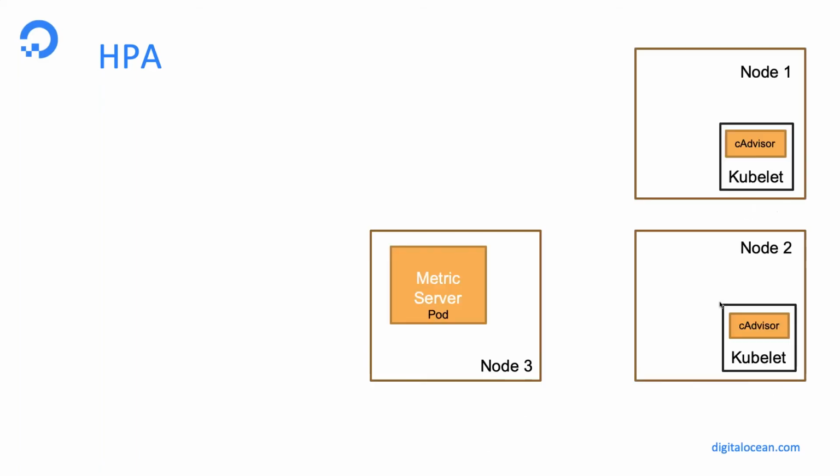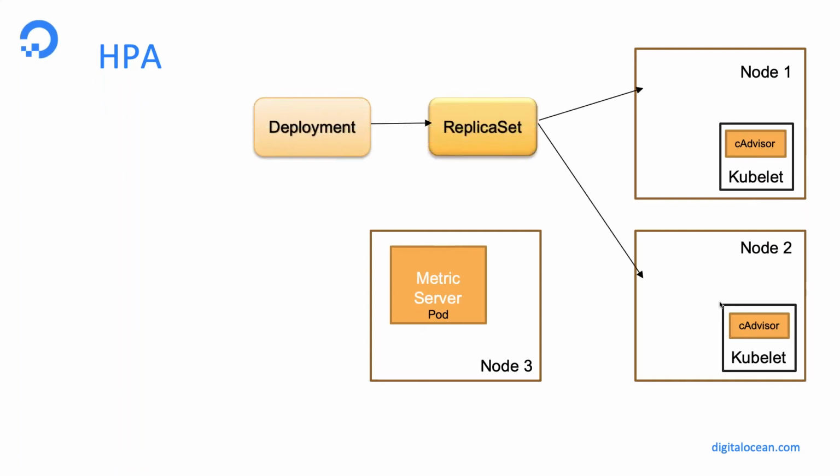So normally in our nodes, these are the nodes. And in those nodes, there is something called as metrics server. There is a metrics server pod running in one of our nodes. And every node has kubelet, which has something called a C advisor within that itself. So when we installed our Kubernetes cluster or created our Kubernetes cluster, our kubelet agent came up and running. C advisor was part of it. What's the work of the C advisor? C advisor's part is to read the CPU memory utilization on the container level from the node and provide it to the metric server. So what it would do, it would pick up the details of the CPU memory and all that and provide the details